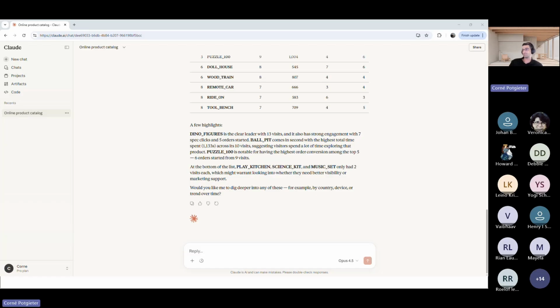Give me 1 minute to update my access. Now you can interact with the LLM and it will explain to you, oh, sorry, you don't have access. Can I request access for you? Give me a second.